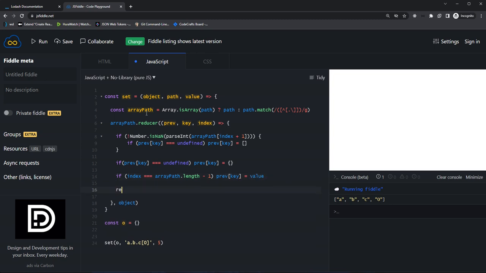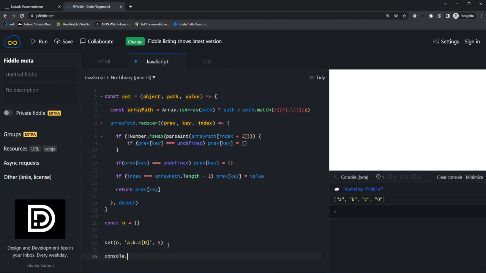Once we have mutated the object, we just want to return prev[key], the current key, so then on the next iteration we can do the same checks again and set the value. If we have reached the last item, we want to start with the object that we are given by the user,